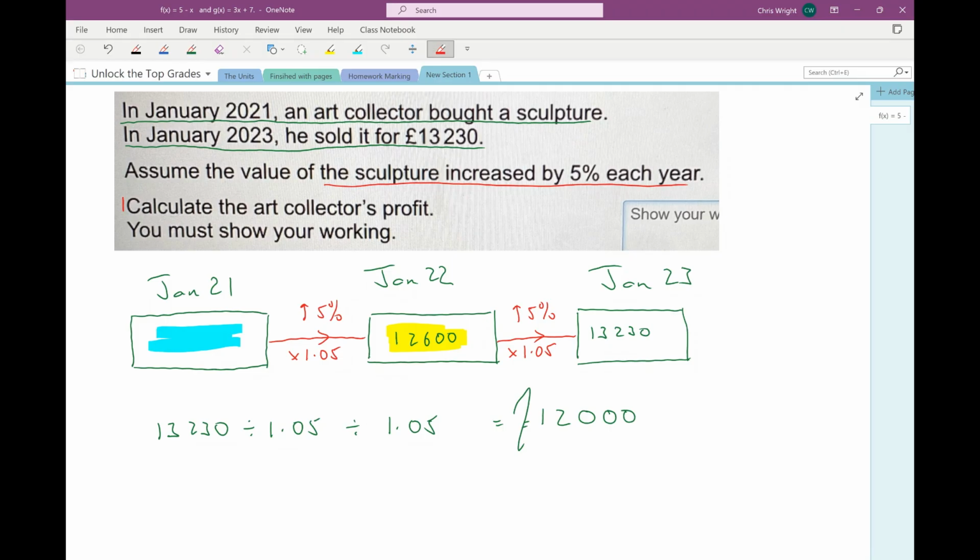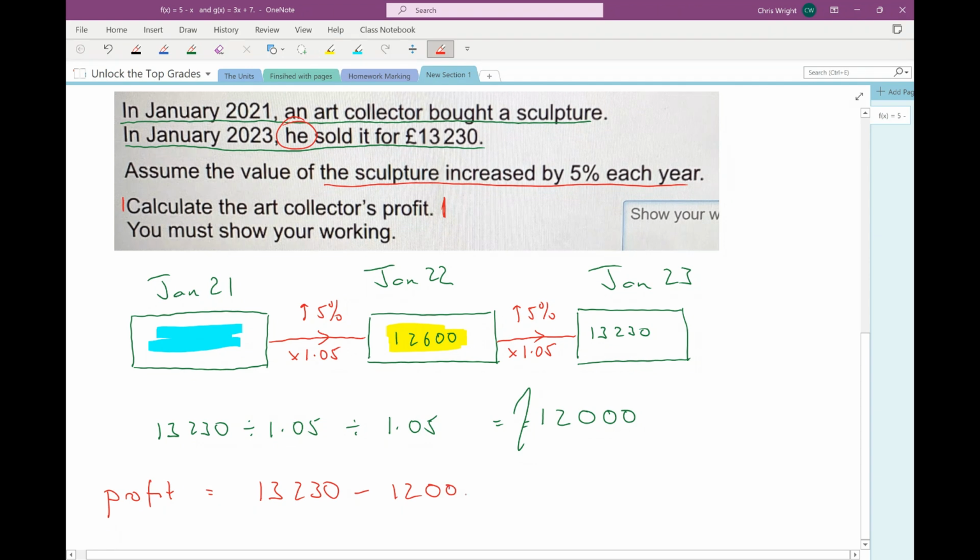Now, check back at the question. It says calculate the art collector's profit, doesn't it? So his profit, it's a he, is going to be 13,230. Subtract the price he paid for the sculpture, gives a profit of